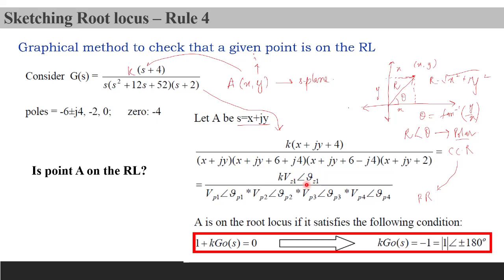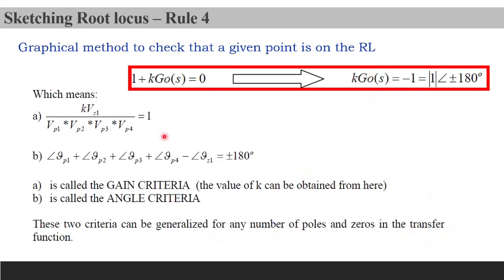So for that, let's move forward, and I can write it: if all the magnitudes including the k, in the numerator and denominator, are multiplied in the numerator and divided by the magnitudes in the denominator, if that comes up equal to 1, which is the magnitude if the point lies on the root locus, and if the sum of all angles in the numerator minus the angles in the denominator equals plus minus 180 degrees. So I can say that these two